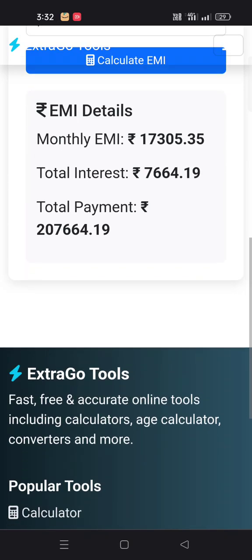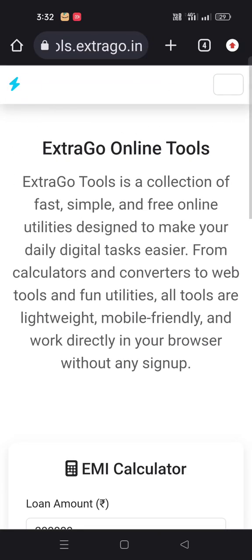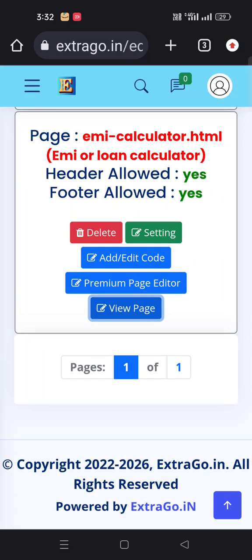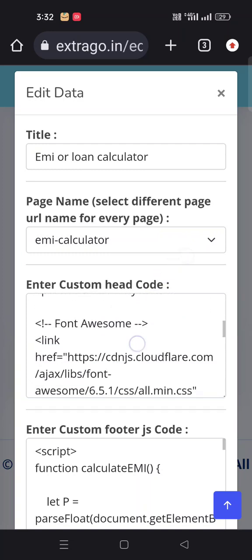So this is a very great tool, great website, great tool. And I need to fix some error. In the header section the text written here is not showing in the above, so I need to fix this. To fix this, I have to remove the body tag in the settings, head section.